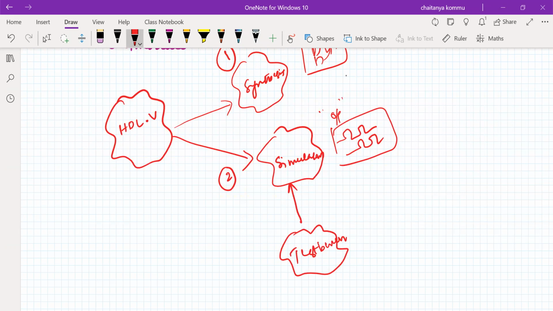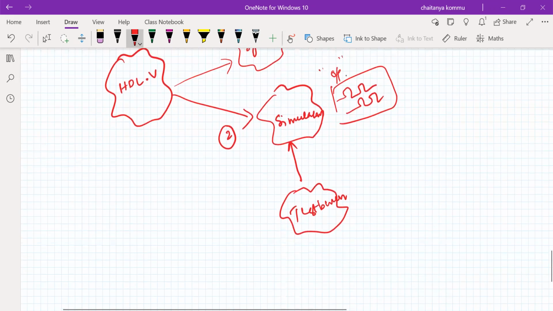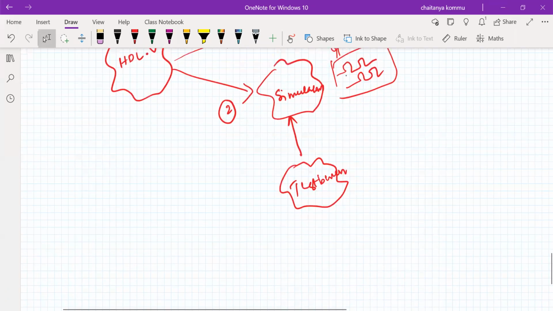Clear? First we have to describe and generate the .v file, and give this information to the synthesis tool. It generates the hardware. Once that is clear, then we can go for simulation. The simulation requires the test bench also. So what do you mean by a test bench? It takes another 5 to 10 minutes, then we will go for the simulation part.